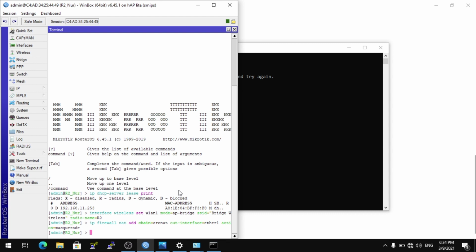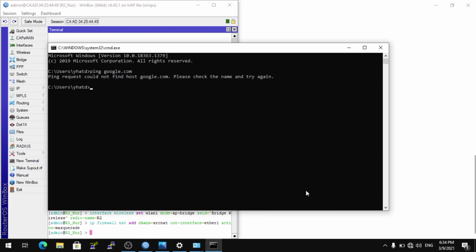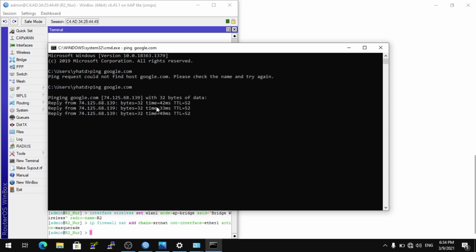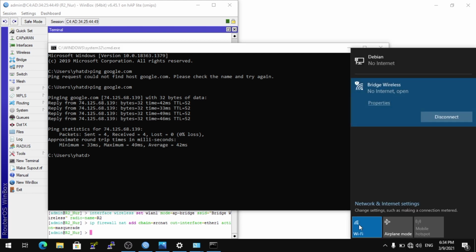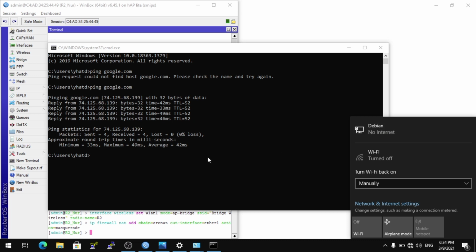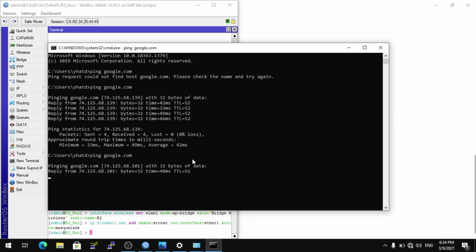Click enter. Check again internet. This is your laptop connected with internet with interface Ethernet.